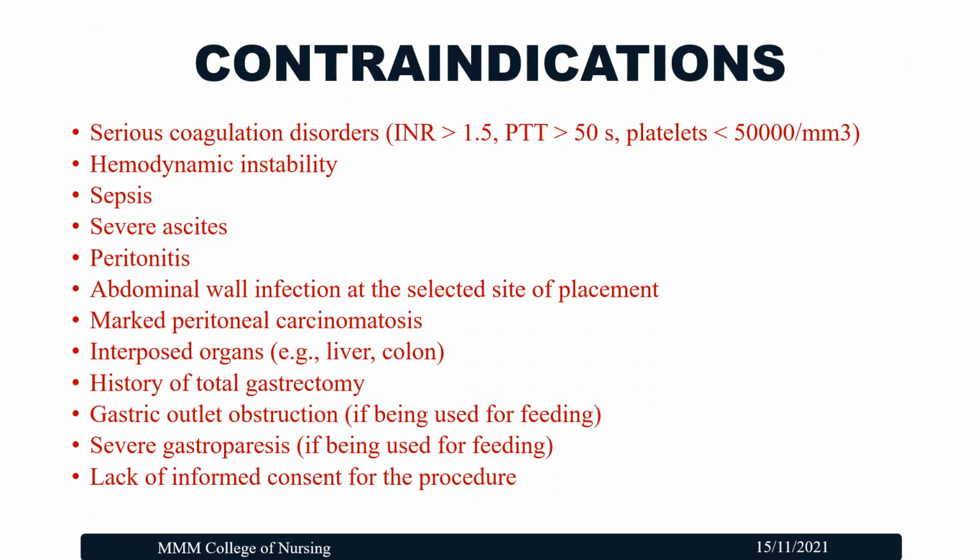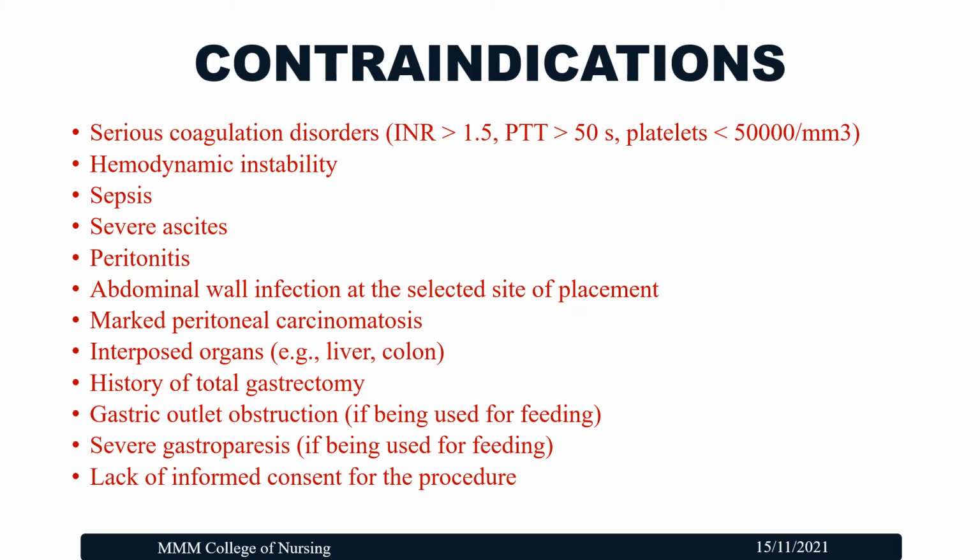The contraindications for PEG procedure are serious coagulation disorders where the INR is more than 1.5, PTT is more than 50 seconds, and platelet count is less than 50,000 per millimeter cube. Hemodynamic instability, sepsis, severe ascites, peritonitis, abdominal wall infection at the selected site of placement of the tube, marked peritoneal